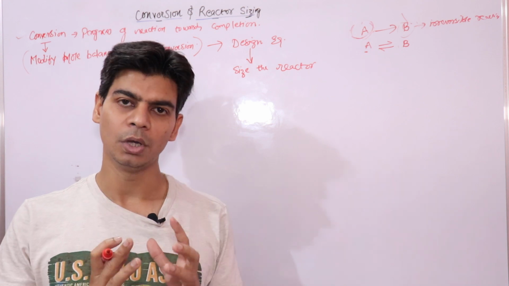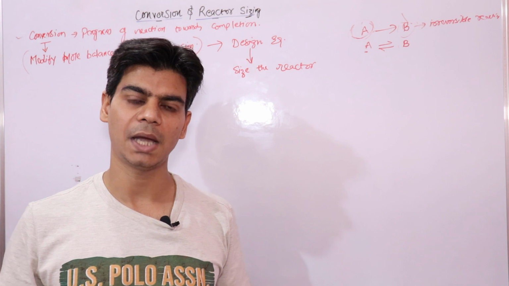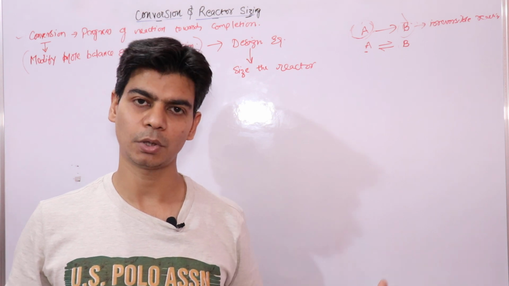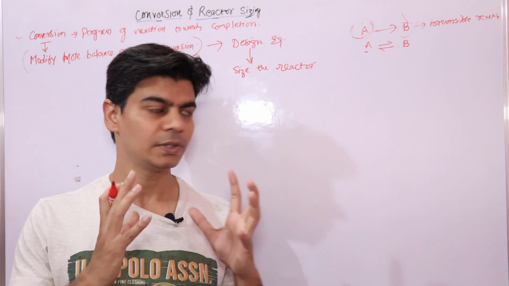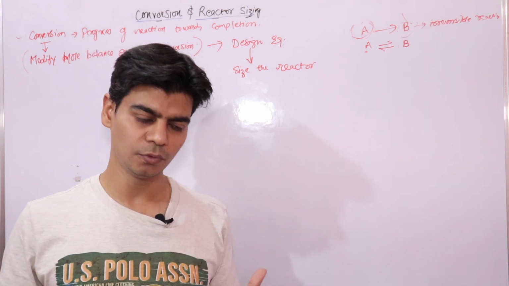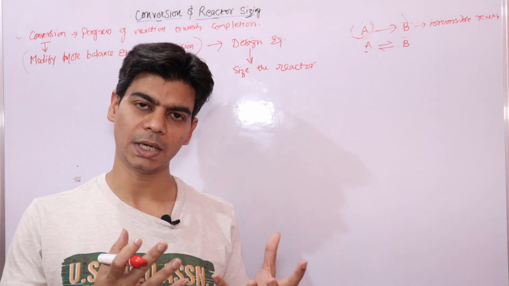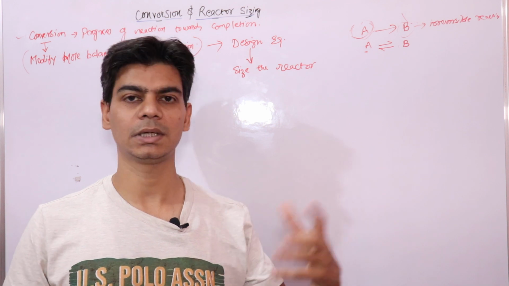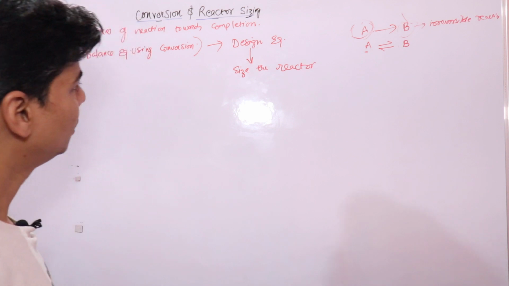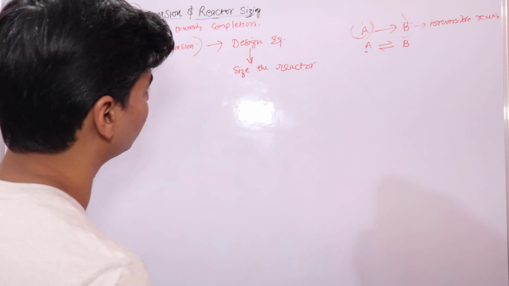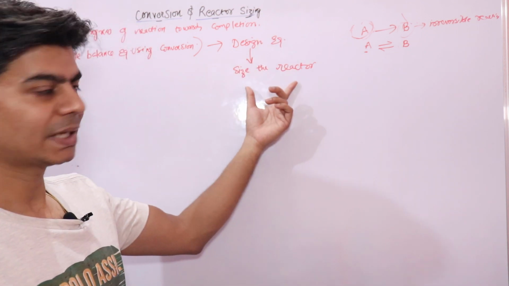That is, if you know about the nature of reaction, how much of reactants will get converted into product, once you have that data in the mathematical form, it simply means that if you feed 1 mole of a reactant in the reactor, how much of that reactant will get converted into product. That's what it simply means, right? We'll understand this in a moment. So once you have this design equation, you can size the reactor.